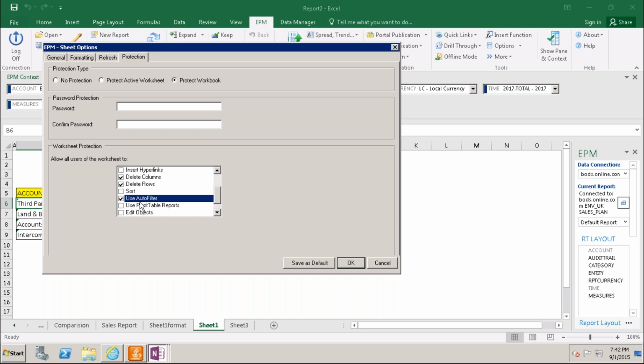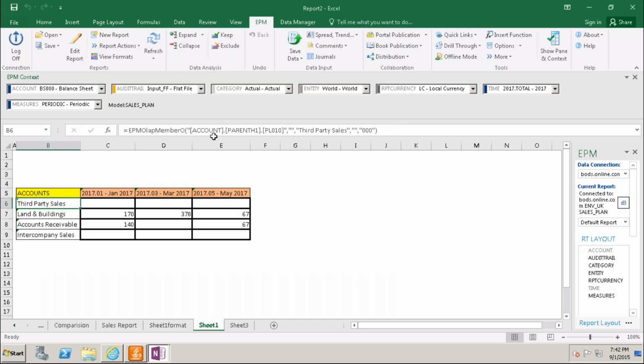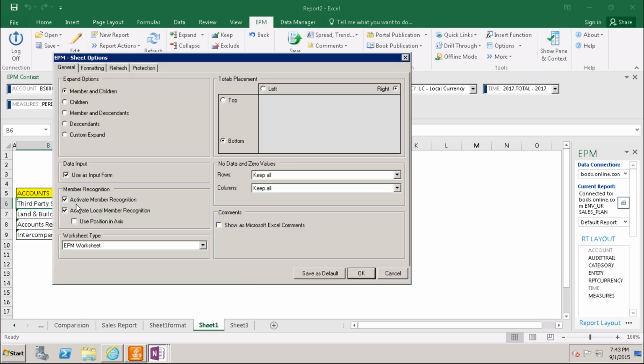So those checkbox options will be protected by providing the password. This one I'm giving here no. Okay. So this is about sheet options. Of the sheet options, these two are very important, and all the remaining, as usual, in the edit report we have those options.